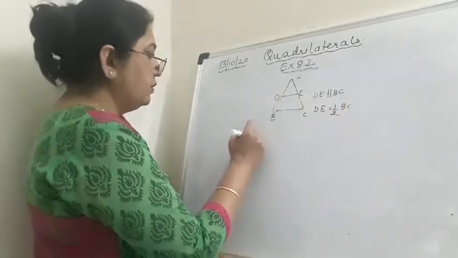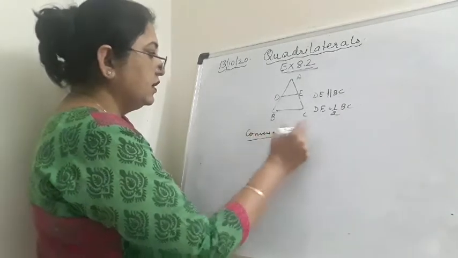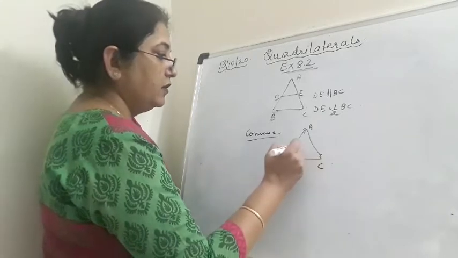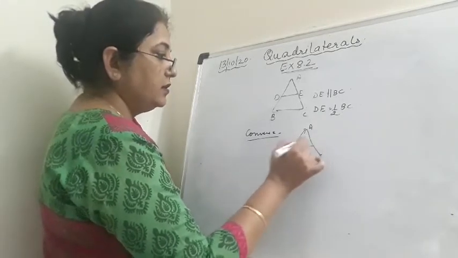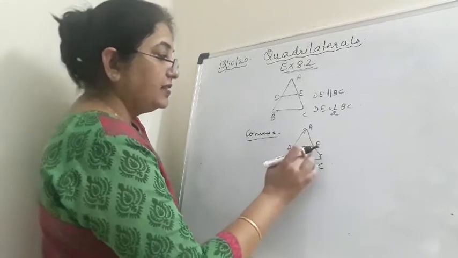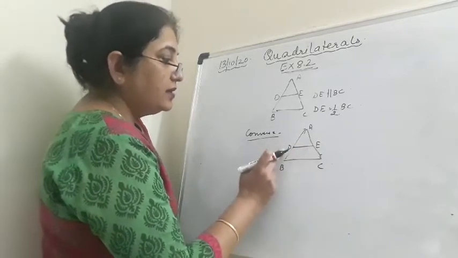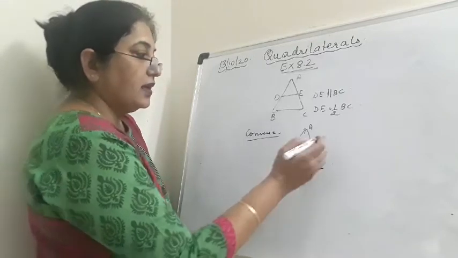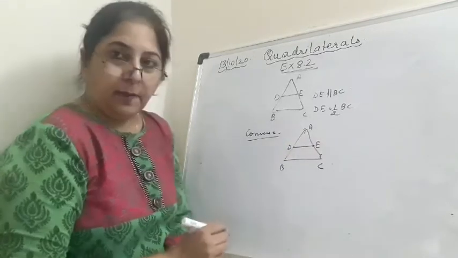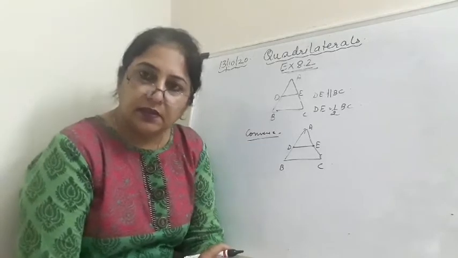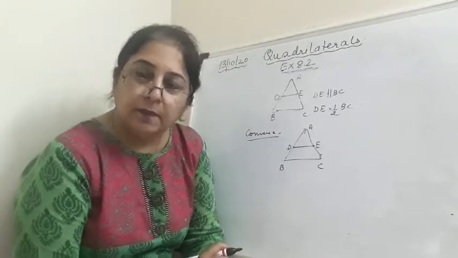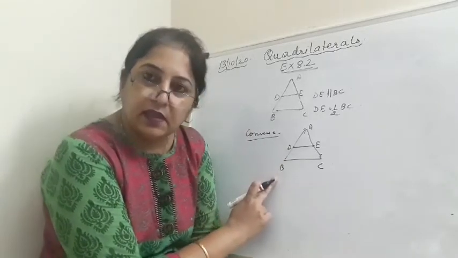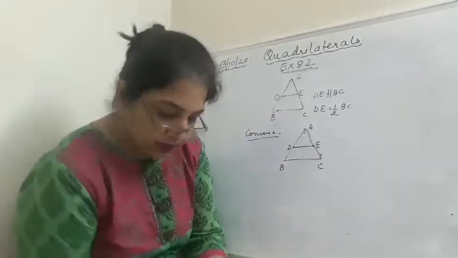One more, we have the converse of this, which says that in a triangle ABC, if a line segment starts from the midpoint of one side and is parallel to another side, it bisects the third side. These two theorems we did yesterday, so I hope you have seen the video, and based on these two theorems we have exercise 8.2. Starting with question number 1,